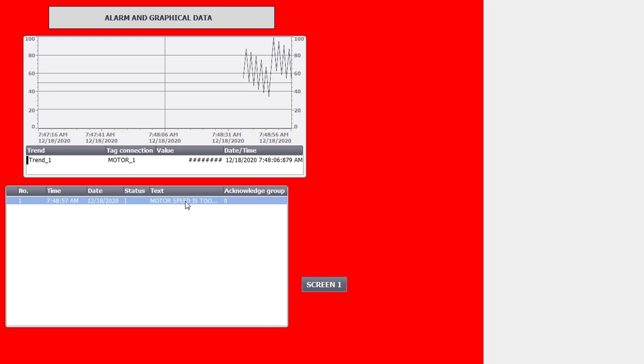When it crosses its upper limit, my alarm will become active and it will display the text motor speed is too high along with its buzzer sound. If you have connected a buzzer, you will also hear a very high sound from this alarm system.